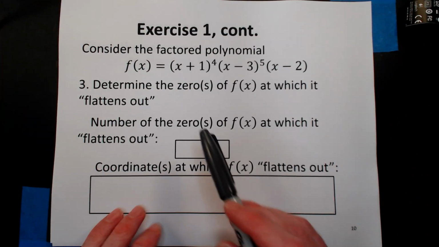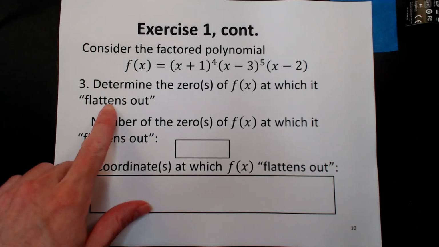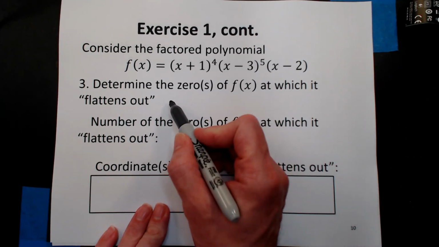And it says consider the factored polynomial, determine the zeros where it flattens out. So this is not asking where it turns around. A lot of students say, oh, well, the other zeros were where we turned around, so let's include those. No, it's saying flatten out. So in other words, it wants to know when